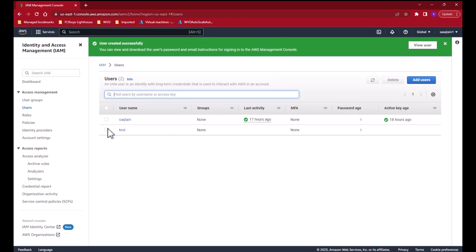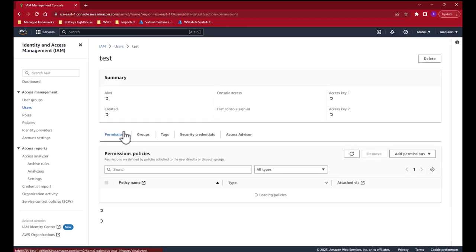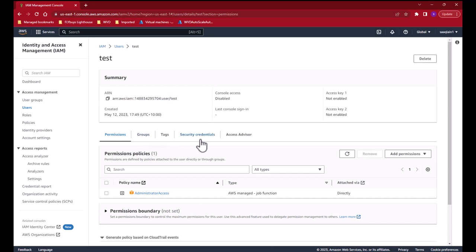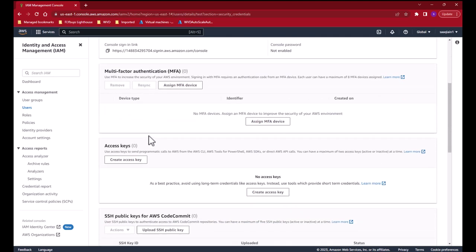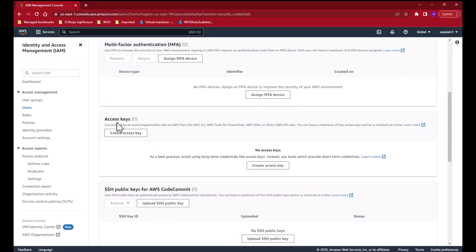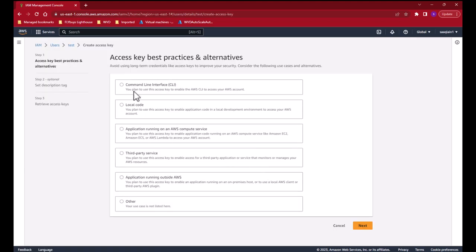Right now you can see that I am not able to see the access keys so far. So for generating the access key, I have to go to the user, and here I need to see the security credentials of this user. You can see that there are multiple options, and here is the access key where you can go and generate it. If I go and create an access key, it asks what exactly you want to do with that access key. As I'm going to integrate AWS with Terraform, which is not AWS but a third-party service,